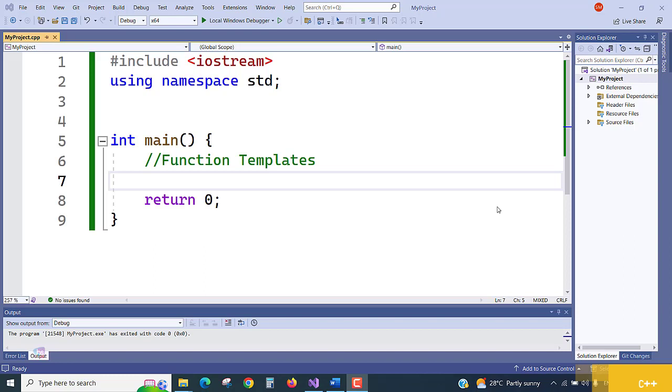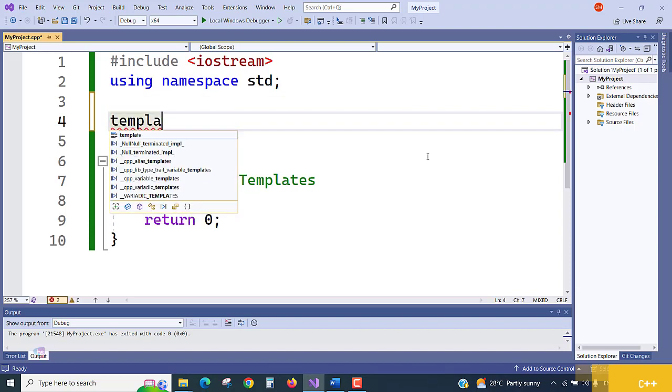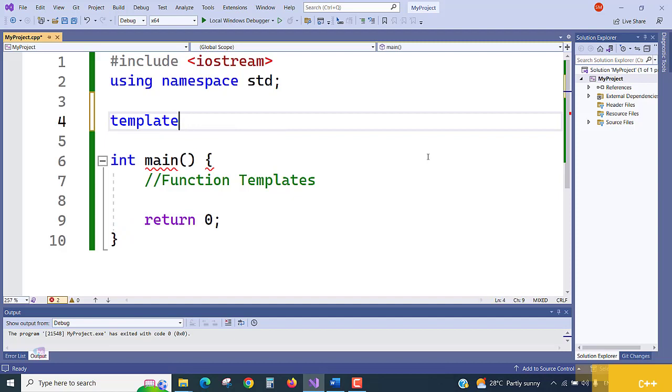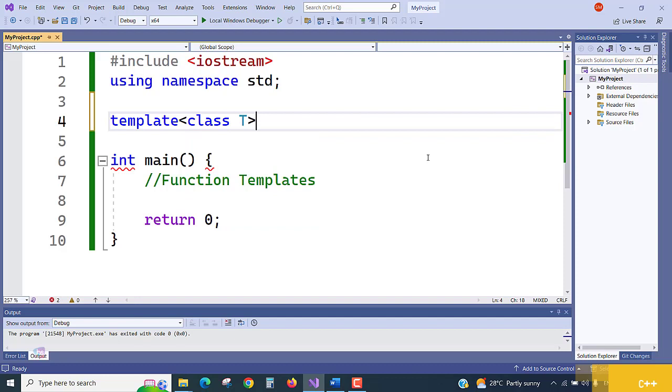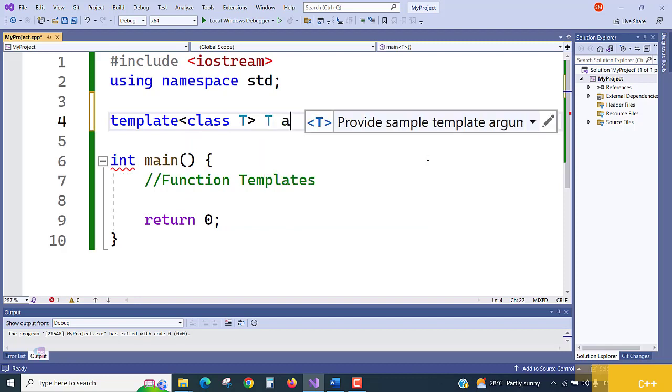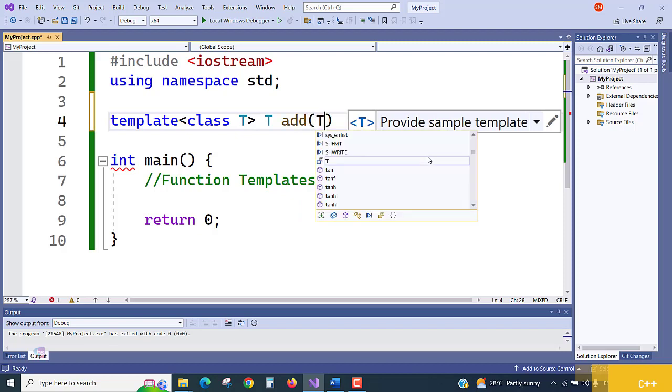So we are going to discuss a very simple example using function templates. Now let's see what we need to do for function templates. First, we use the keyword template, and then class T. This is how we create the template, class T, with T used in the function as a sample template. Now we take T as the type and a reference, so ampersand